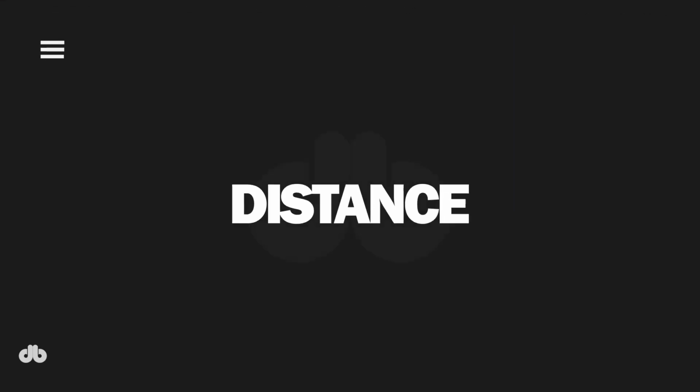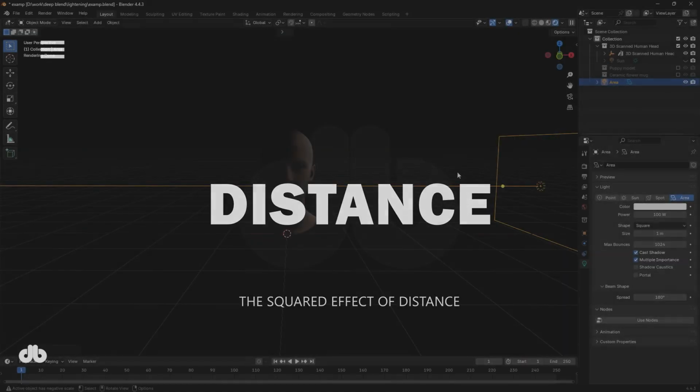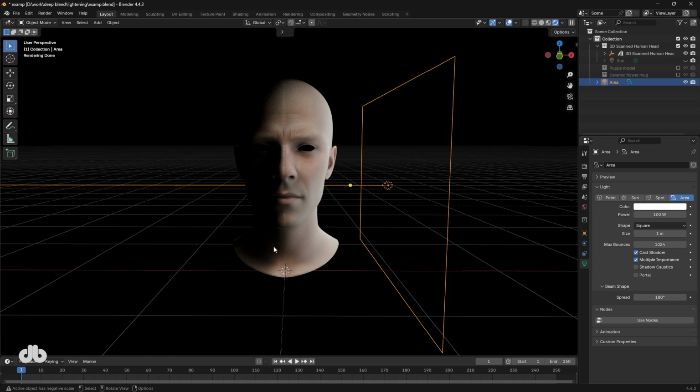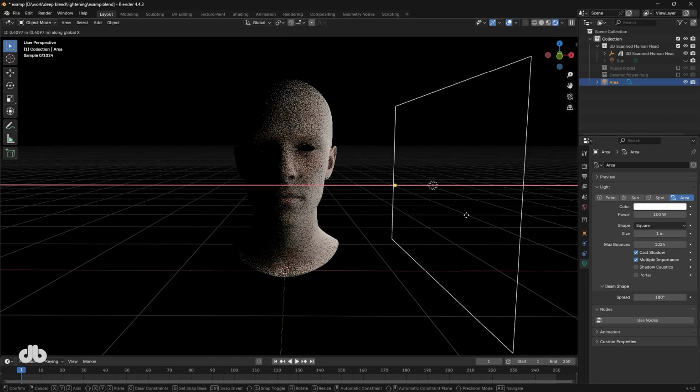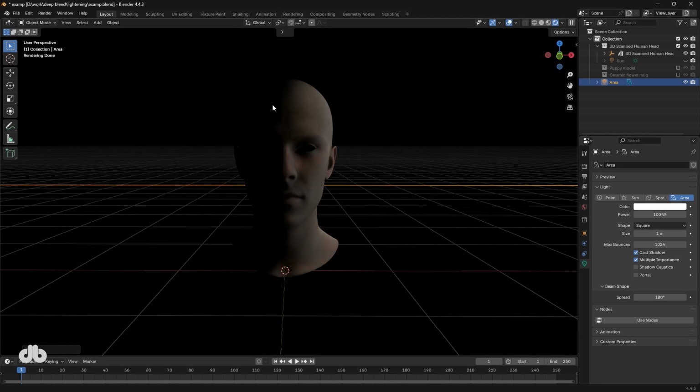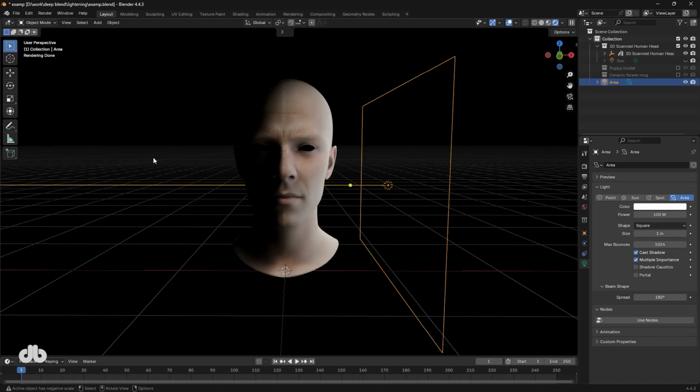Distance is another factor that ties into contrast. In Blender, the closer a light is to your subject, the higher the contrast ratio, but the smaller the contrast extent. Move the light farther away and the contrast ratio softens, but the extent of contrast increases due to the inverse square law. For example, if you place an area light close to your subject at 100 units intensity, you